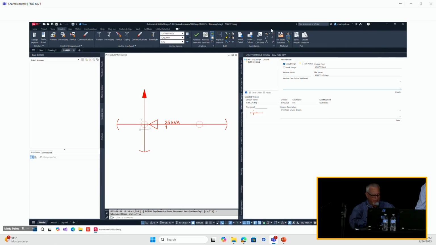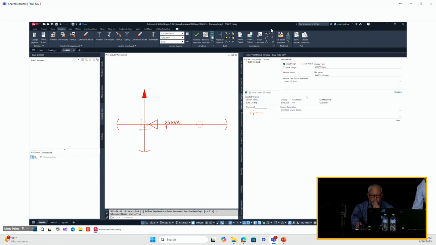It's hard to type and hold the microphone at the same time, so hold on. So we'll just say this one's going to have a larger overhead transformer, but I want to start from this design because all I'm really going to swap out is the size of the transformer that I want to send over to get a quote for. So I'm going to go ahead and hit create,